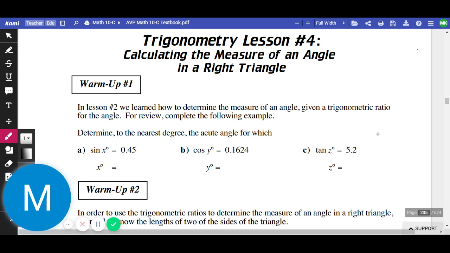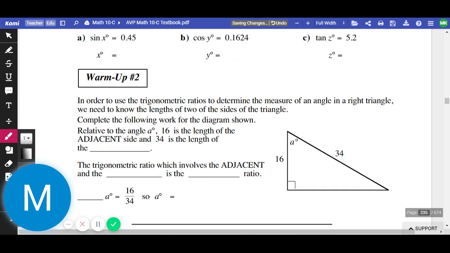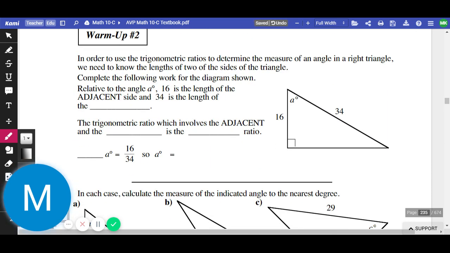Yesterday, what we did was we took right angle triangles and we found side lengths. Today, what we're going to do is we're going to take right angle triangles and we're going to find missing angles. All right, there's a couple different strategies we're going to use. The main one will be SOHCAHTOA. Just a reminder,